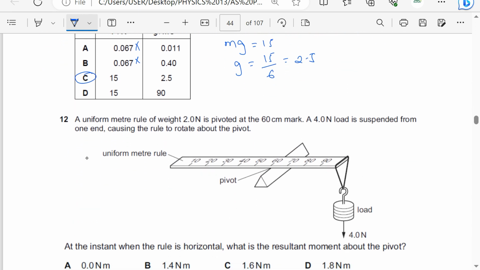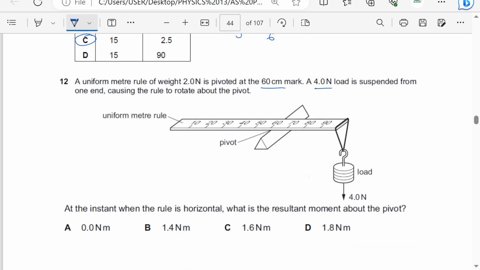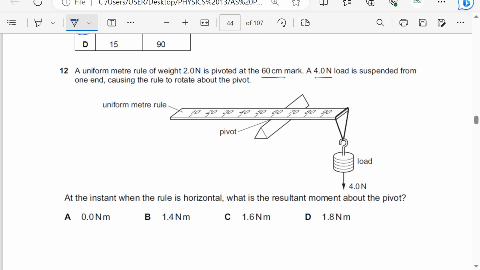A uniform meter rule of weight 2 newtons is pivoted at the 60 centimeter mark. A 4.0 newton load is suspended from one end, causing the rule to rotate about the pivot. At the instant when the rule is horizontal, what is the resultant moment about the pivot? Okay, so